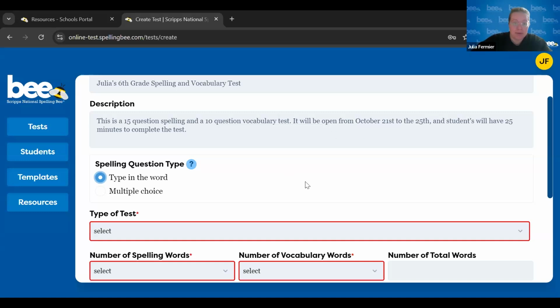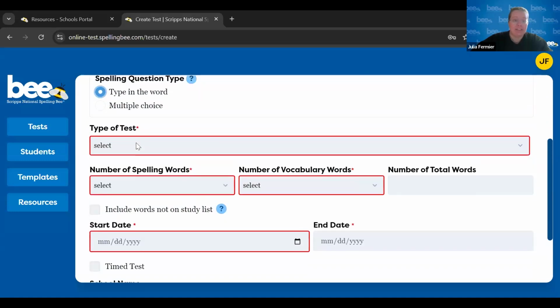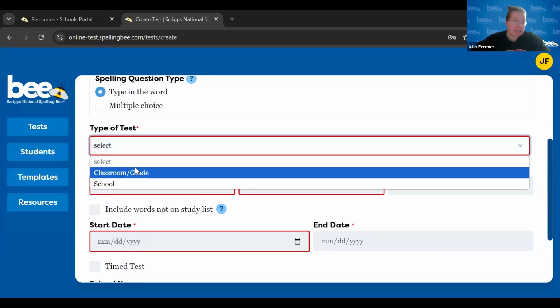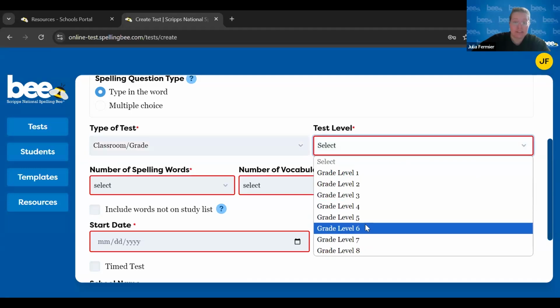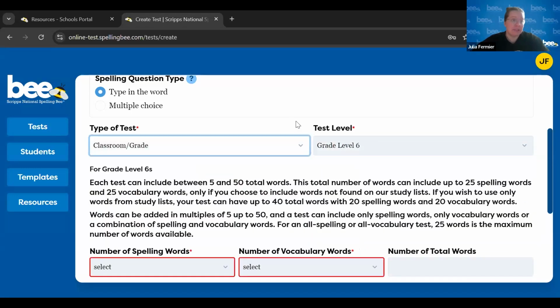So for my test today, I'm going to do type in the word, and then you get to choose either a classroom grade level test or a school level test. Now these are divided because they come from different word lists. So for me, I'm going to do a 6th grade test. So I click classroom and grade, and then I specifically select 6th grade level. This means that the words that appear on my test will be from the 6th grade level study list,